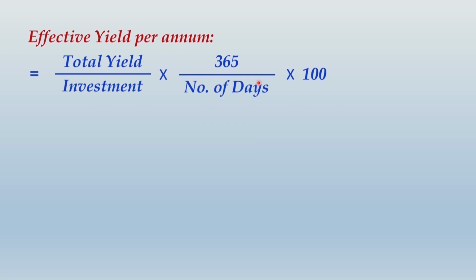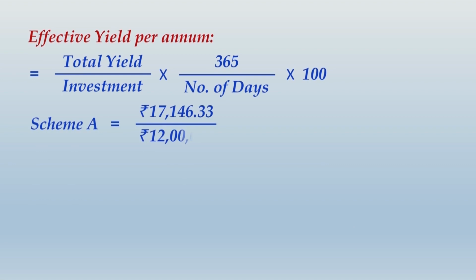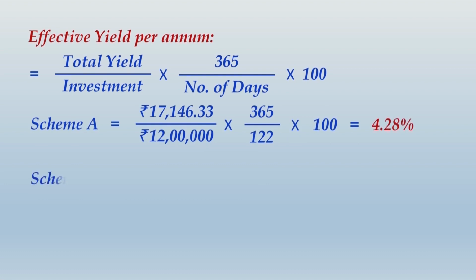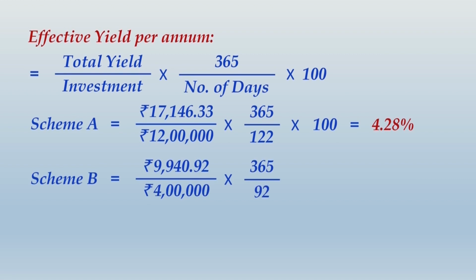So instead of making the calculation in two stages, that we first calculate HPR and then convert into annualized return, we can have a direct calculation like this. And now you just have to substitute the values for each scheme as per the table that we have drawn earlier. And once you get the effective yield for each scheme, you can substitute these values in the last line of that table. I'll show you that as well, but first you carefully note down these calculations,